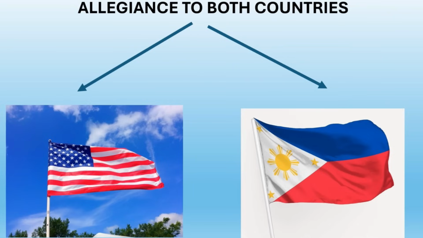Please remember that if you are a US citizen, wherever you may be located, you are always bound by US laws. For example, some countries require citizens to complete military service. However, in the US, you are not allowed to be a member of a foreign military service. If you do that, you may lose your US citizenship. Always understand first the laws of both countries before becoming a dual citizen.